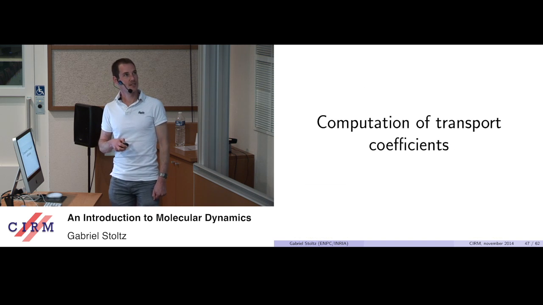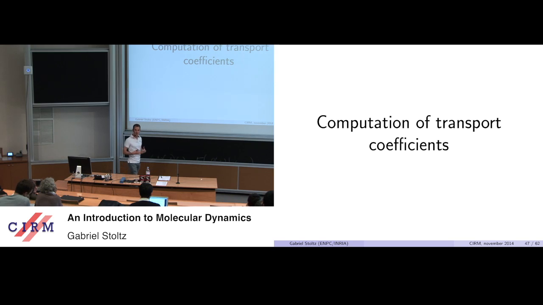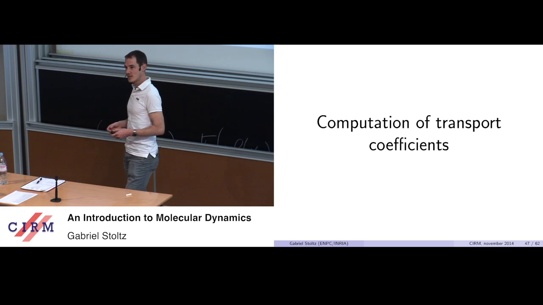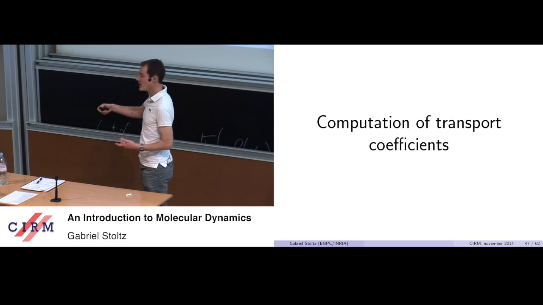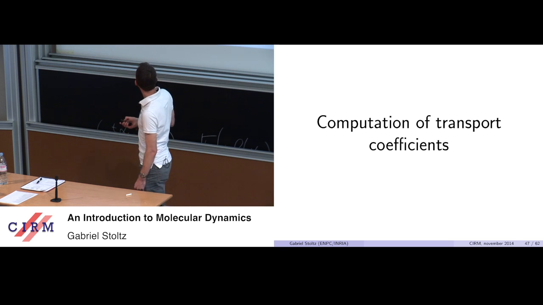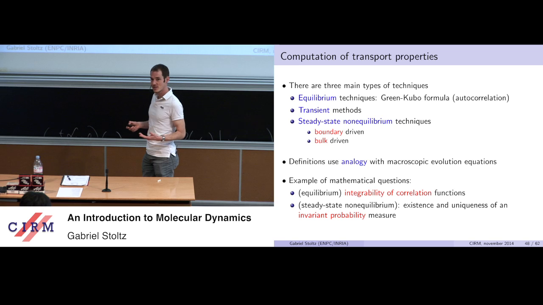So now to the last part, I want to close on the computation of transport coefficients. Until now, we've seen how to compute average properties like a pressure, something which is static, by simply sampling the Boltzmann-Gibbs measure. Although I've used dynamics, I've not used dynamical information. It's simply a convenient, and maybe unphysical, way of making a list of typical configurations. Now I'll discuss another topic, the computation of transport properties, something which really depends on the dynamics.